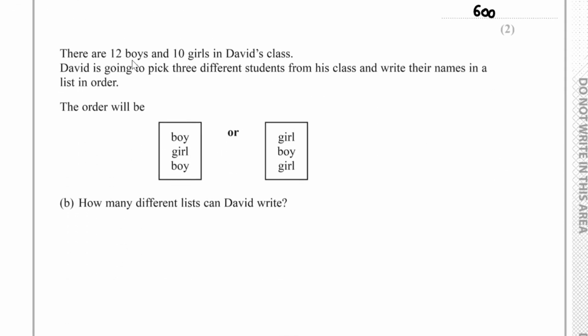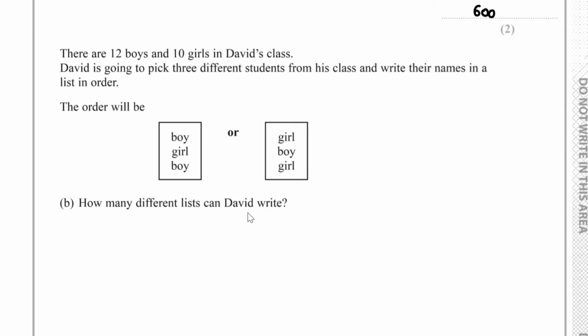Now, there are 12 boys and 10 girls in David's class. David is going to pick 3 different students from his class and write their names in a list in order. The order will be boy, boy, girl, or girl, boy, girl. How many different lists can David write? Well, here,